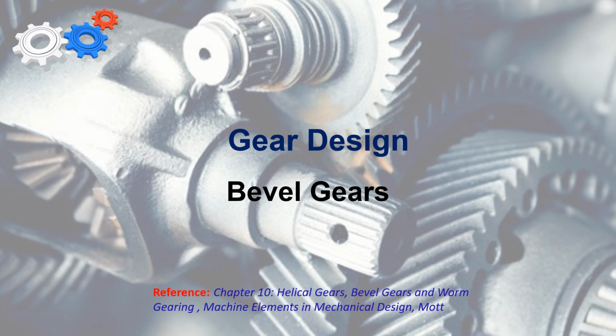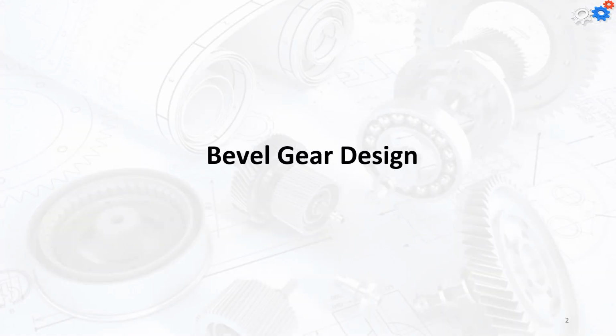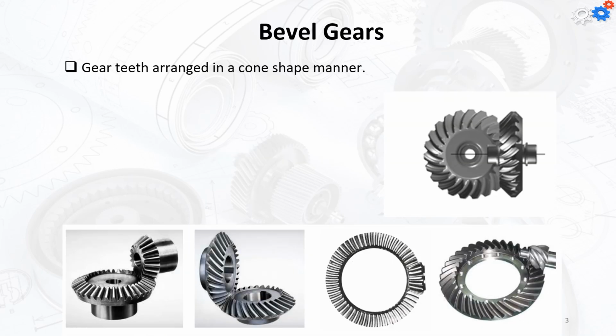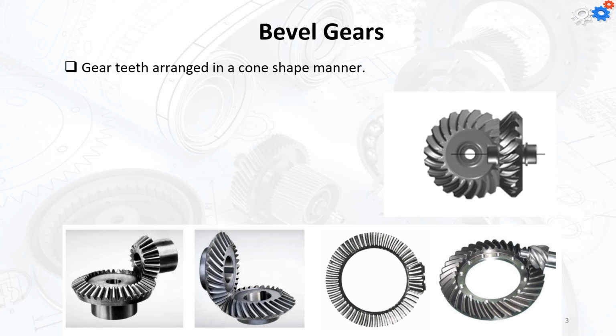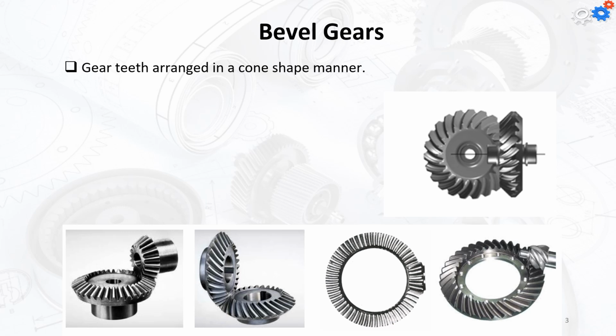The third type of gear we're going to cover is the bevel gears. After a short introduction to the bevel gears, we're going to start with the bevel gear design. Bevel gears are gears with teeth arranged in a cone-shaped manner. It's not just a helix like in the case of helical gears. It's mainly arranged in a cone shape, and it can be straight or it can be helix,